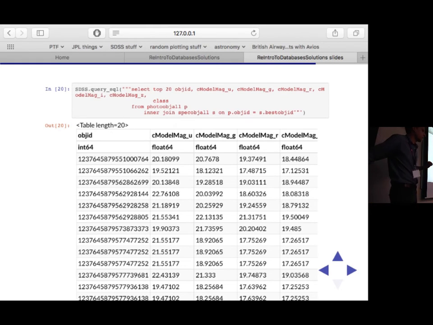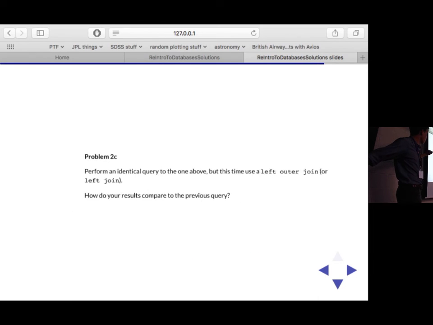Okay, these solutions will be posted very soon. I don't want to eat too much of the break time, so I'm not going to pause to let everyone write this fully down. Okay, and then the next problem was to essentially do the same thing, but